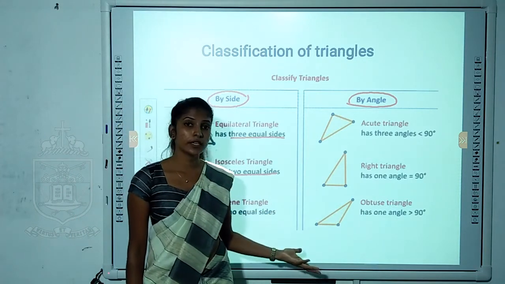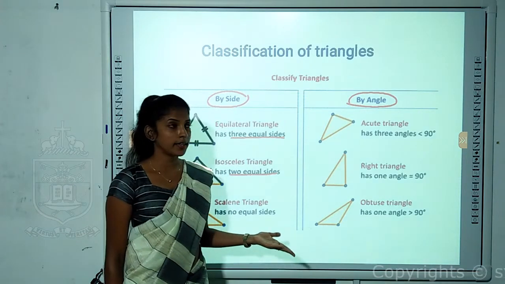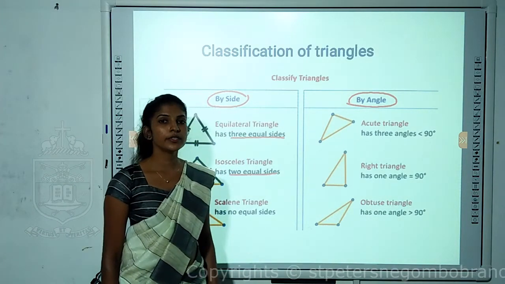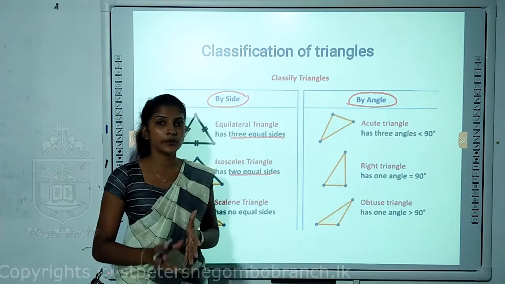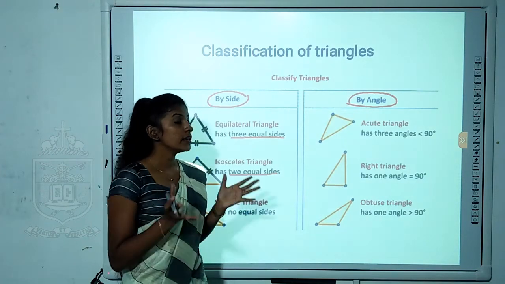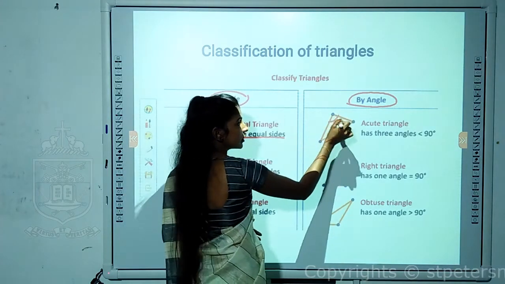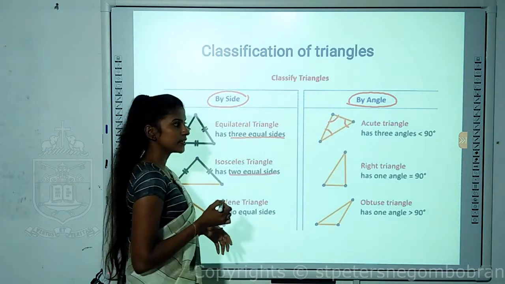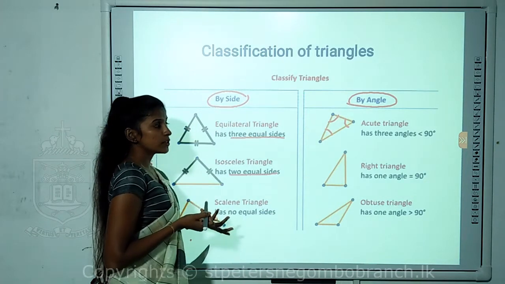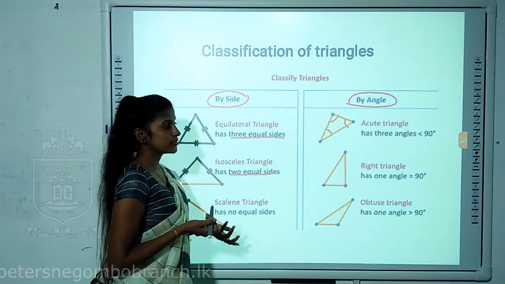Now we'll move to the classification based on angles. So here you all can see again 3 angles are there. The first type is acute angle triangle. So you know what an acute angle is. Acute angle means an angle less than 90 degrees. So a triangle formed using 3 acute angles. All 3 are less than 90, you all can see. So that we give the special name to those types as acute angled triangles.